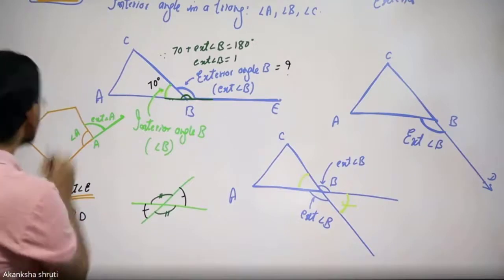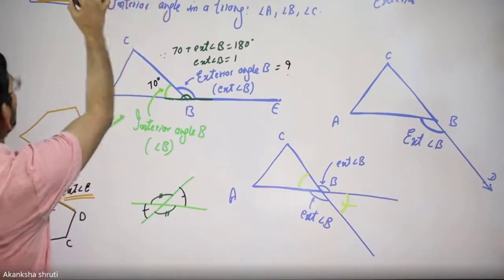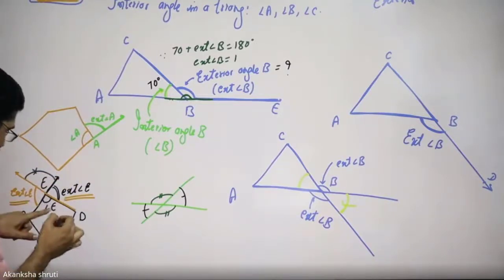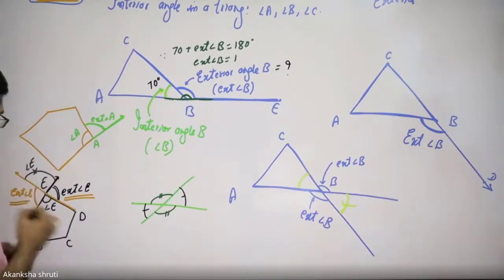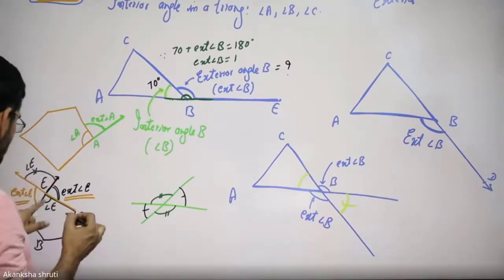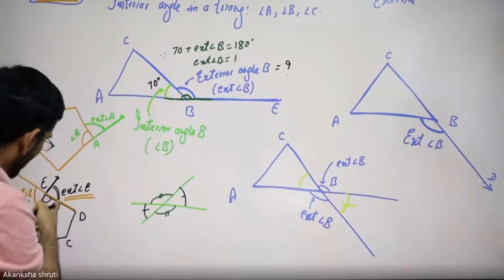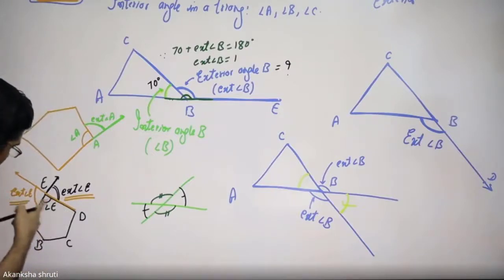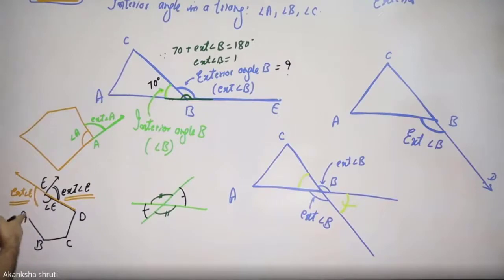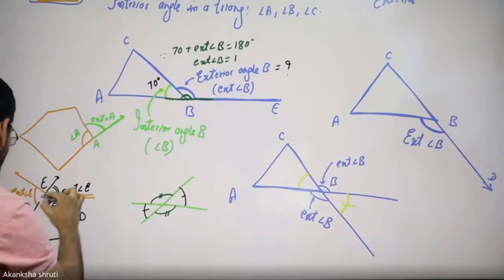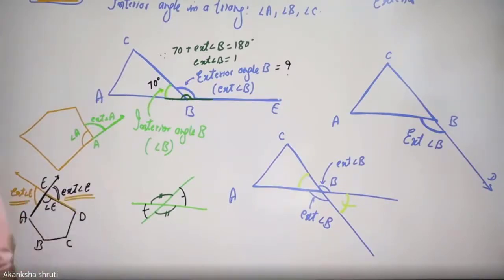But what about this angle, students? If anyone is asking for this angle, this is not the external angle. Okay, keep in mind. This is the same as angle E, so magnitude-wise it is vertically opposite to angle E. So keep in mind, this part is not the external angle. The external angle is always between a side of the polygon and the extended side of the other one. Like here, AE was extended, or DE is extended like this. Okay, students? So this thing we have to understand.